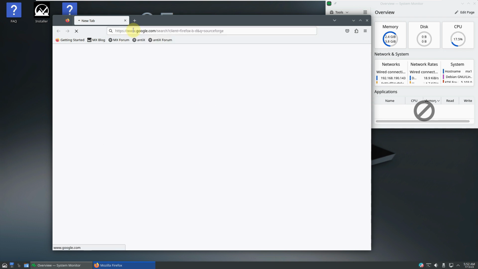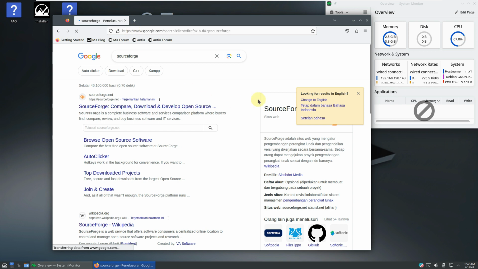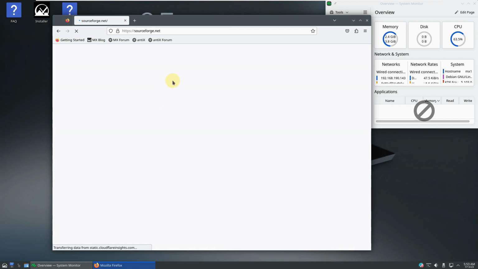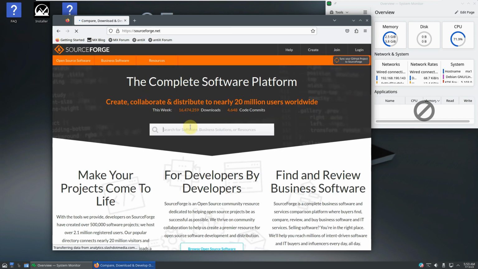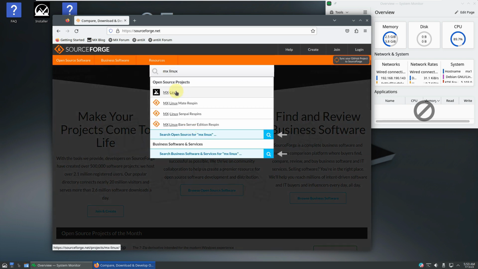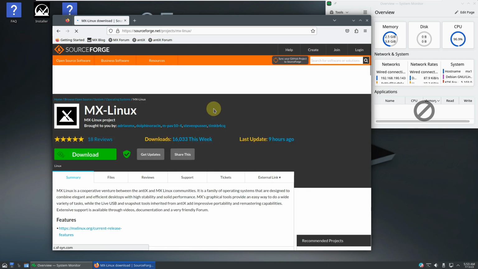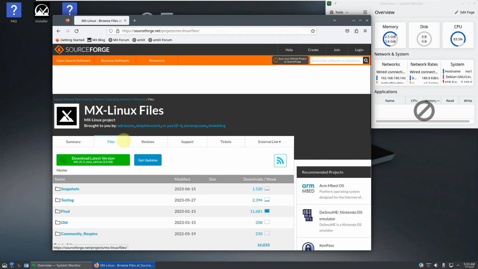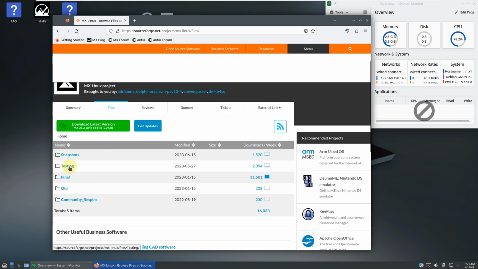Let me take you there and show you how to download this. I'm using a VPN, so it's always asking to change to English. So let's open SourceForge and type in MX Linux, and here it is. Let's go to the files, testing,